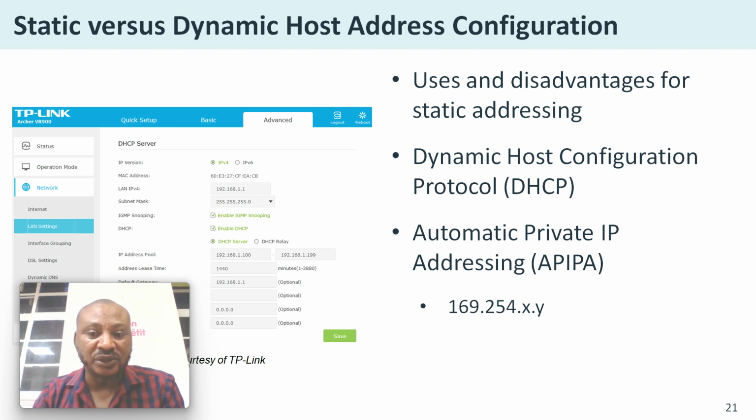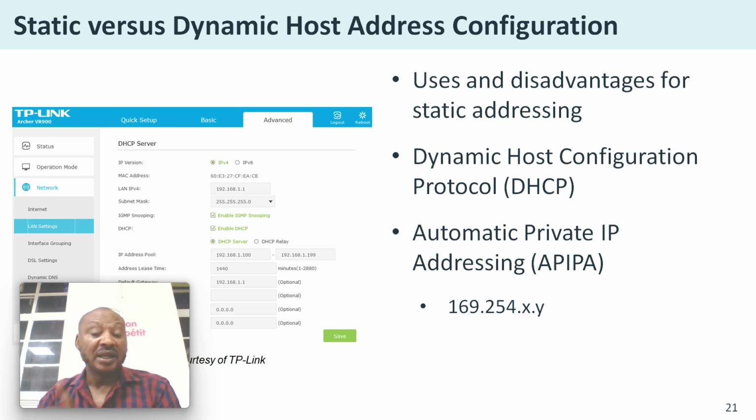That's what DHCP does. So the two differences: with static, you do it yourself. In static, you, the network administrator, have to assign every computer on the network. With dynamic, you just get one computer and set it up as a DHCP server. You configure everything, and then it will by itself start assigning IP addresses to computers in the network. Now we also have this one very, very important: automatic private IP addressing,